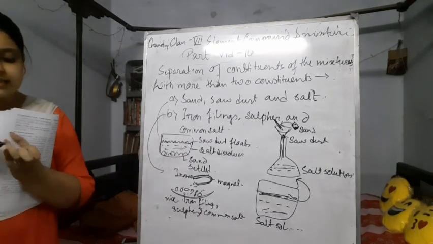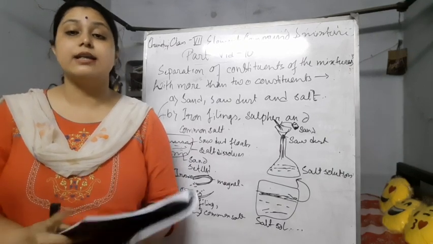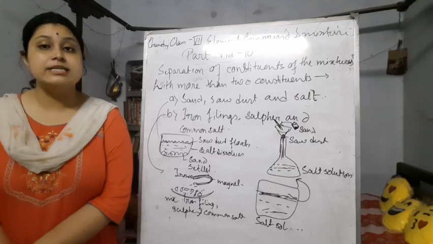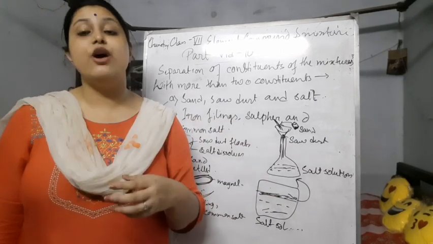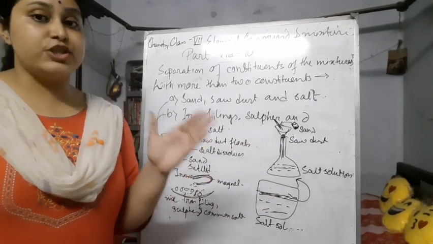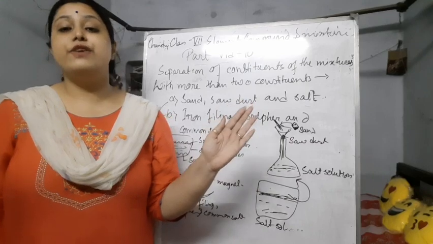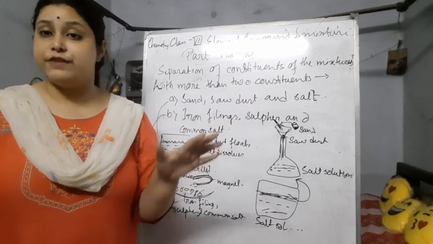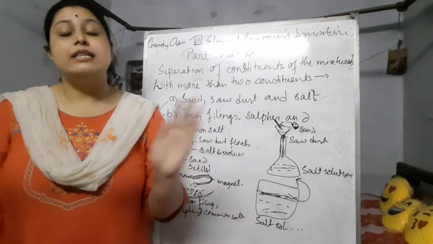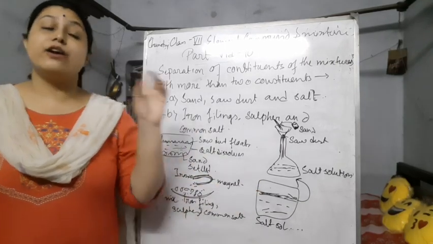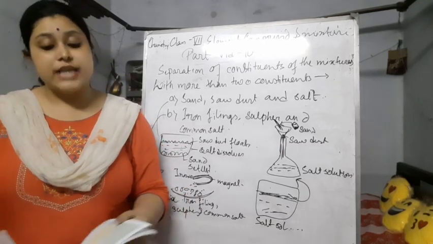By this I am completing this chapter. In this chapter I have discussed mixtures, compounds, elements, the names of the elements, the many characteristics of elements, compounds and mixtures along with their examples, homogeneous and heterogeneous mixtures, pure and impure substances, and the different separating procedures used for the separation of mixtures, such as separation of liquids and solids, and also paper chromatography. I think you understood this chapter properly.